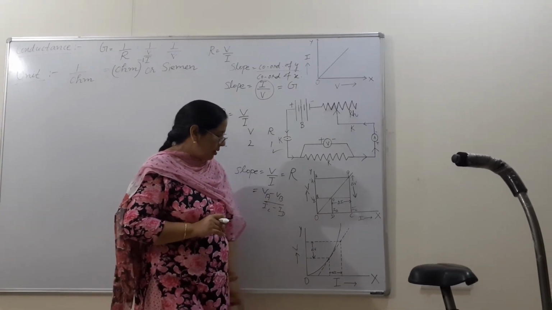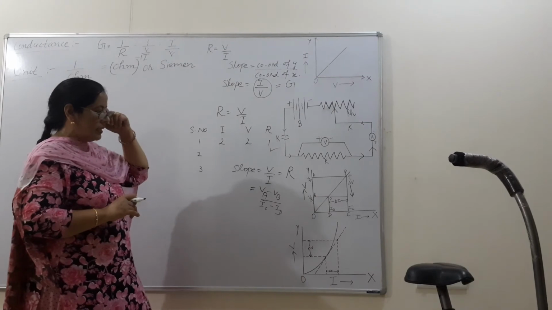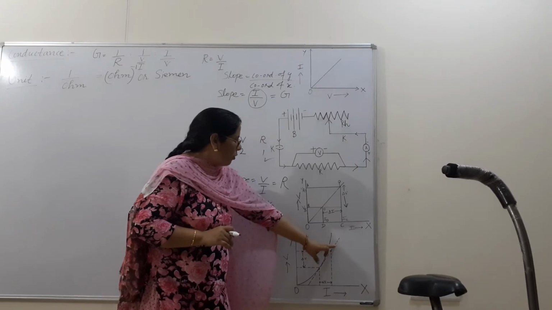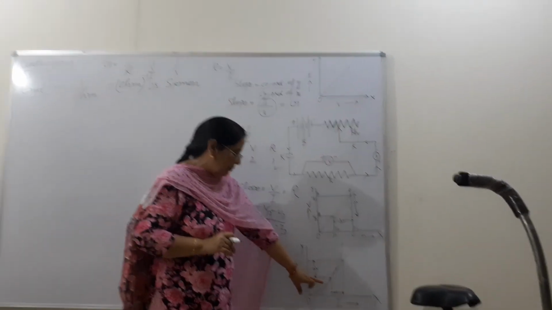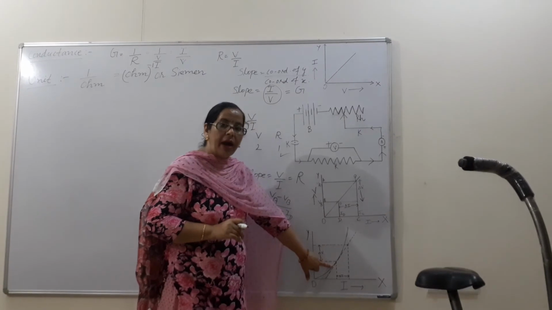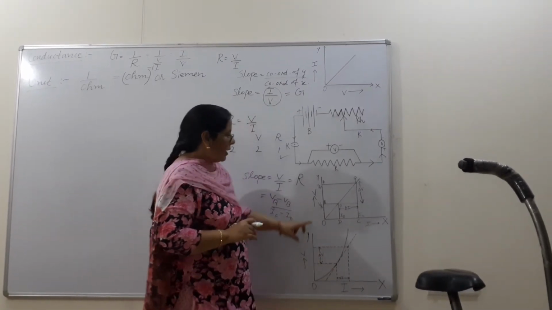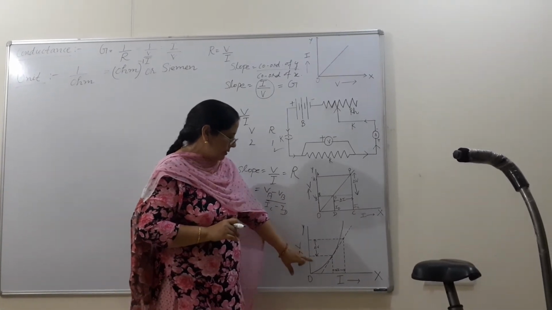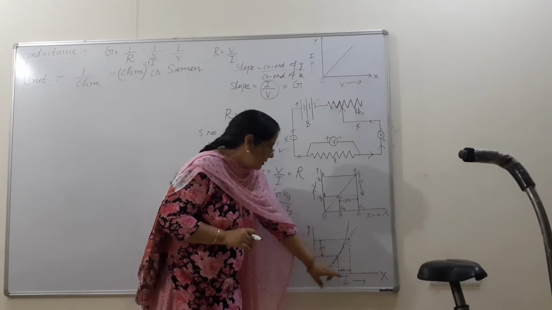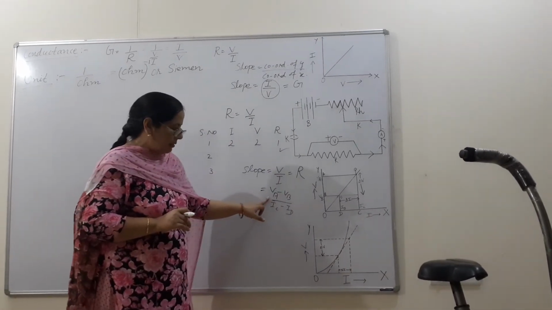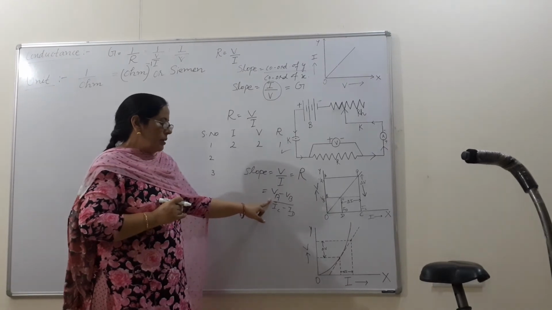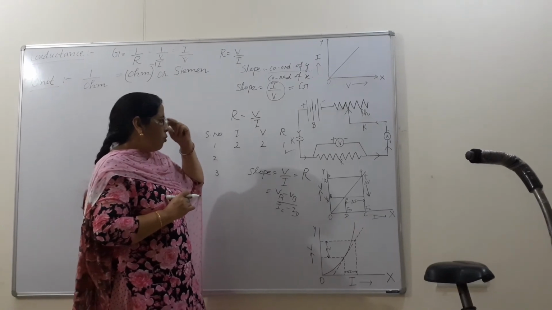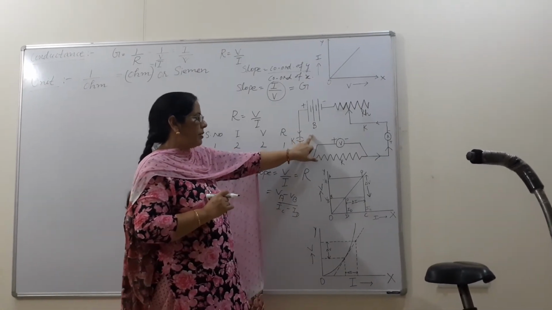Then beta, from here how will we find the value of resistance? In math you are studying, when a curve shape is there, then we draw a tangent. Tangent means a straight line which just touches the curved part. And then like in the first graph, you will take any 2 points on the y-axis, any 2 points on the x-axis, then you will find the slope by the same method, and it will give you the resistance.